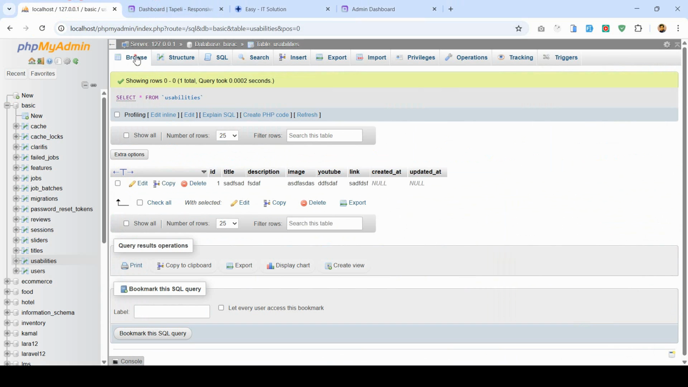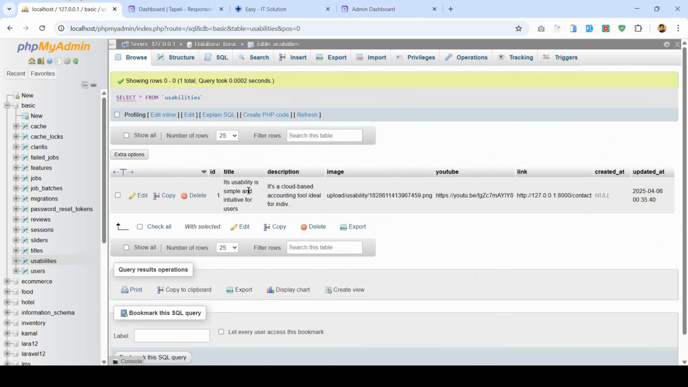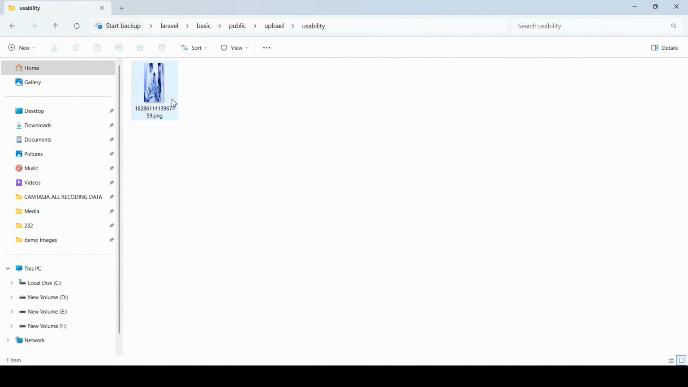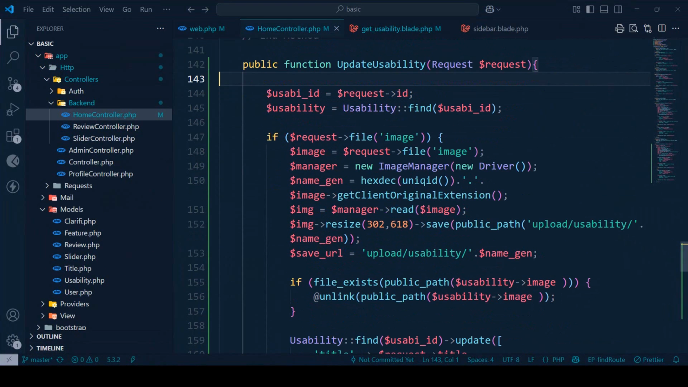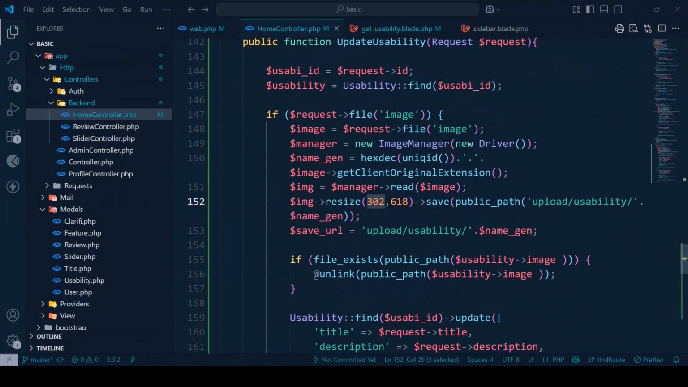If you go to our database, the title, description, and image are perfectly updated. The image is stored in our usability folder, and there is the YouTube link and the link. And if you go to our usability folder with our size, you can see there is actually an issue. I didn't resize our image. Now if you go to our theme, it should be sized as 560 and then 400. So I also want to change it. I want to resize it as